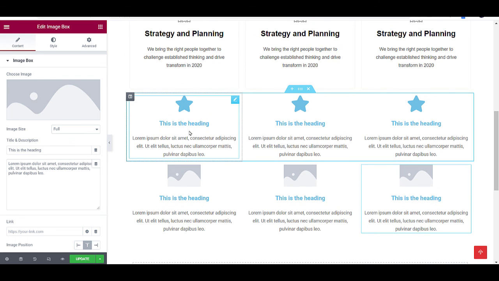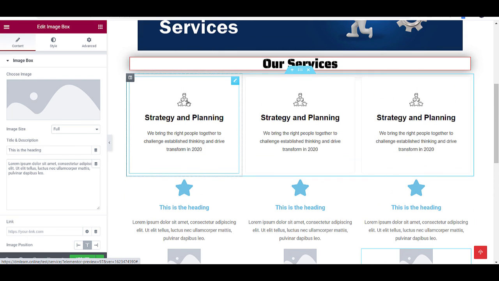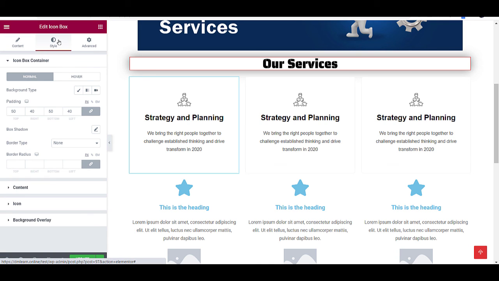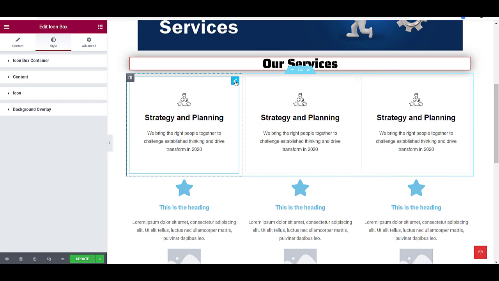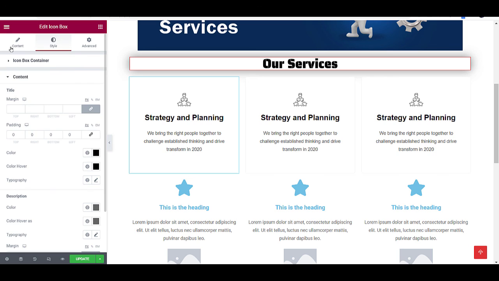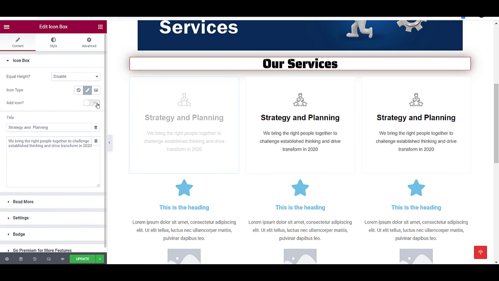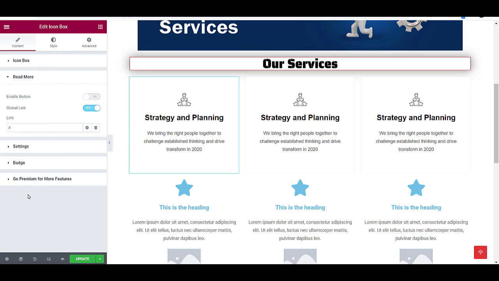Now it totally depends on you, but I would recommend you try this one, because here you can get the title, a little bit of description, and more features, like you can even add buttons also. Click this pencil and, read more.